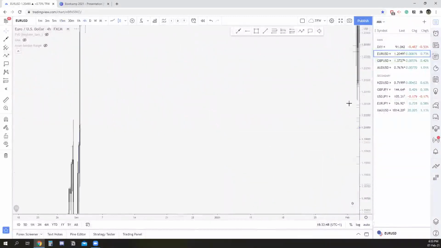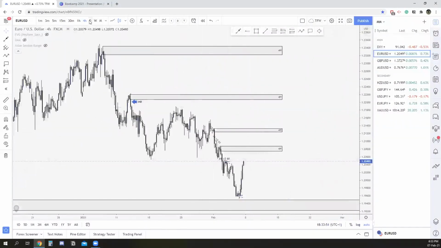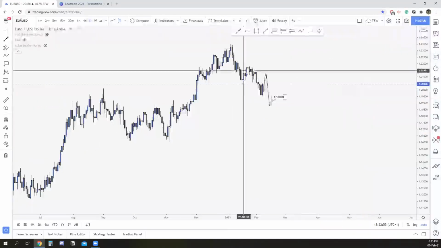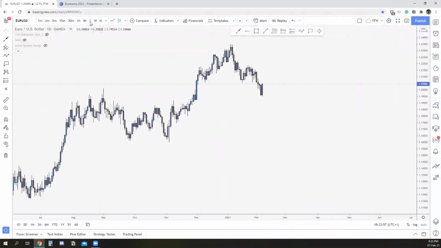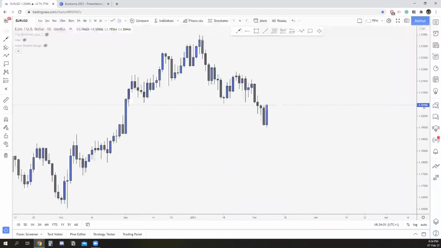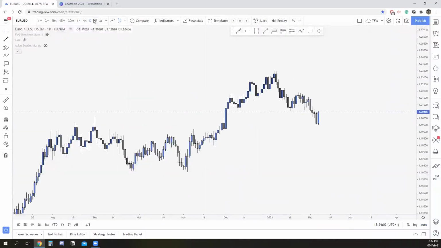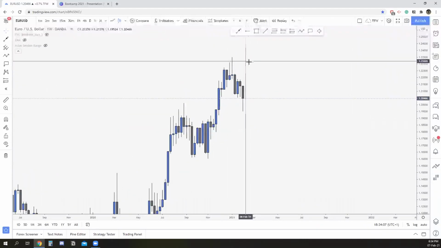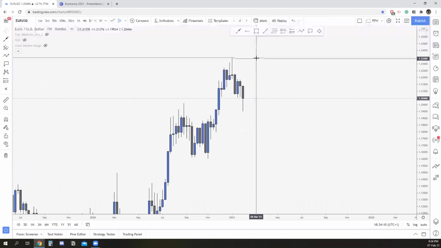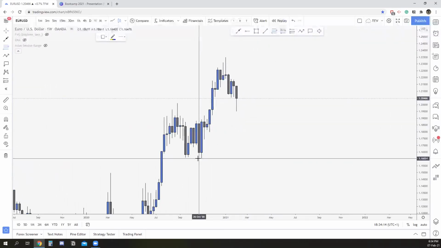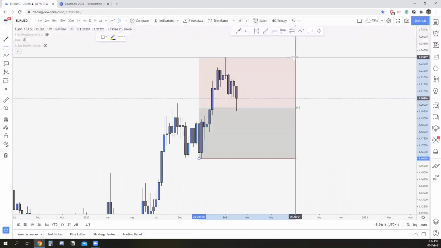So first of all, what I usually do as well, so let's say the daily, let me just go to a clear chart maybe, somewhere right here. So let's say we start from the daily time frame, right? So what is the direction? If you really want to zoom in, I'm not going to look for the swing points, because even if you drop to the weekly time frame, this is our low and this is our high. So right now, to illustrate the concept of premium and discount, what I do is drop it from the low of the leg to the high. And this is how I have it.